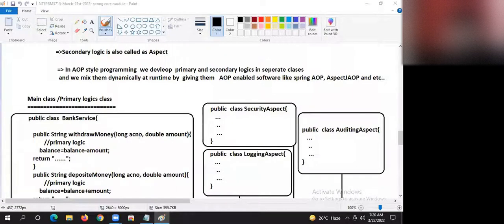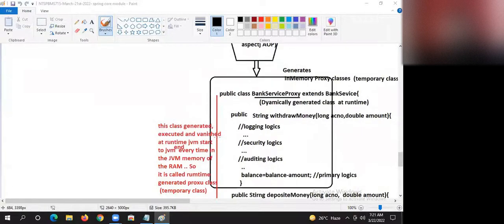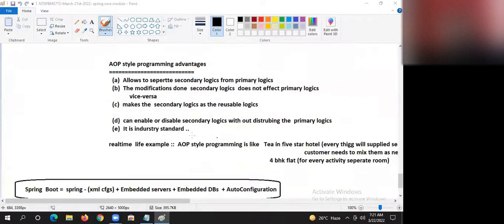Everything comes separately, right? But as a customer, or through the server, you mix them dynamically as needed before consuming. Suppose your body has a food allergy to ginger paste, you can avoid it. You like more sweetness in the tea or coffee, you can add more sugar crystals, right? So customization is possible just before drinking as needed. Yes or no? Yes, guys.